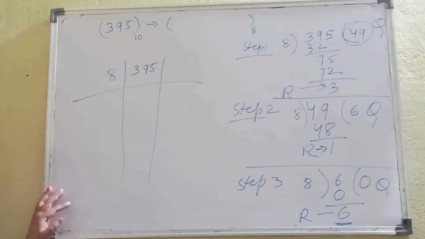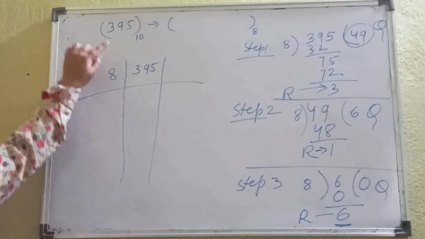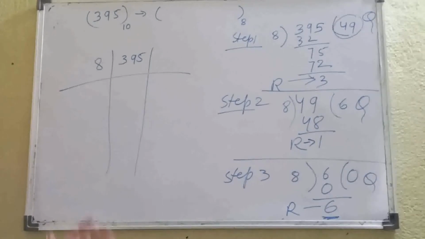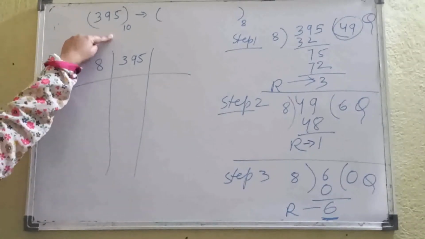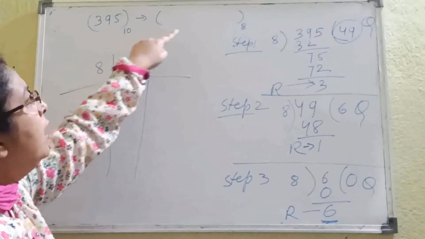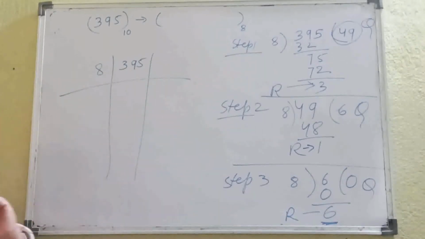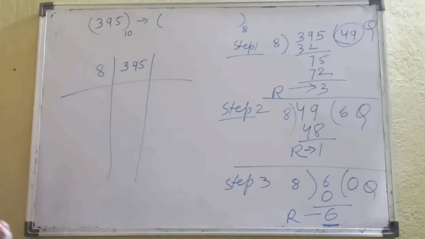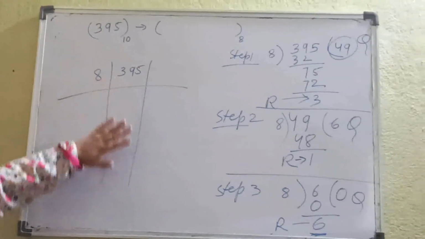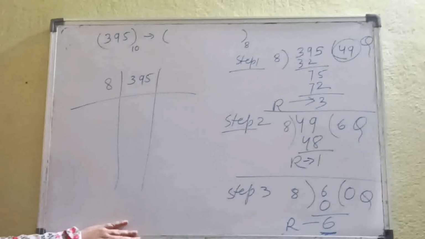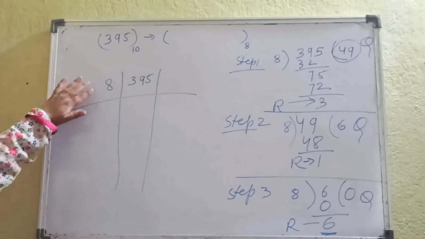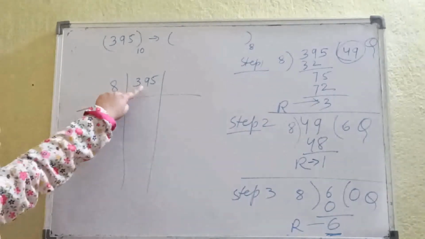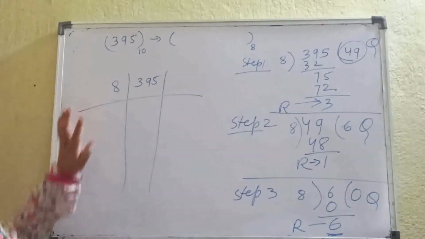Now this is the second conversion, students. Here you have to convert the decimal number into an octal number. How do we know it is decimal? Because the subscript written is 10, so it is a decimal number, and you have to convert it into its octal number, because the base value of the octal number is 8, so 8 is written. Now you have to divide in the same manner as you did with decimal to binary. Now here you have to divide the number by 8.